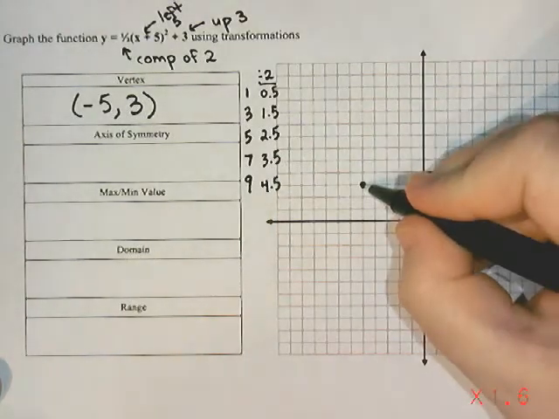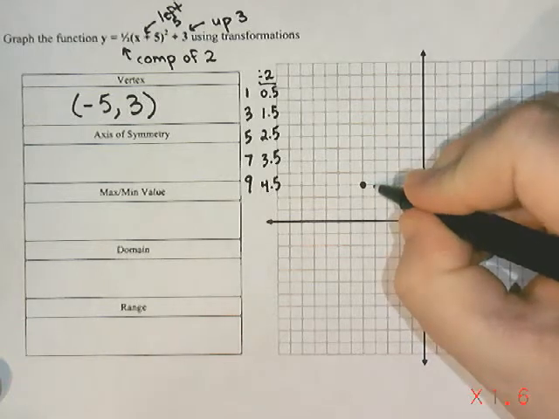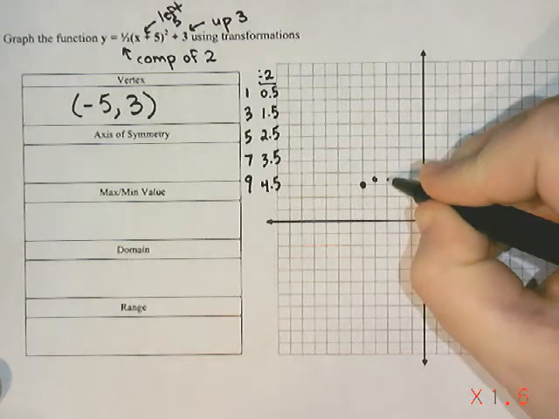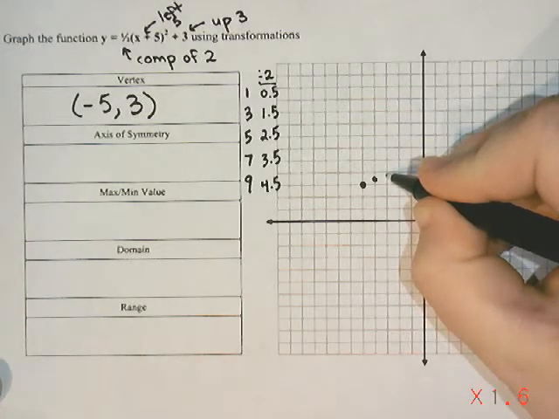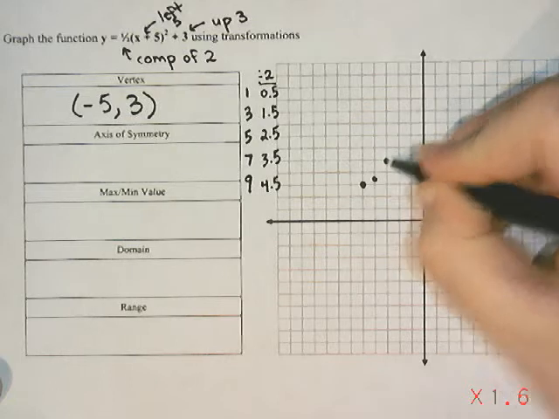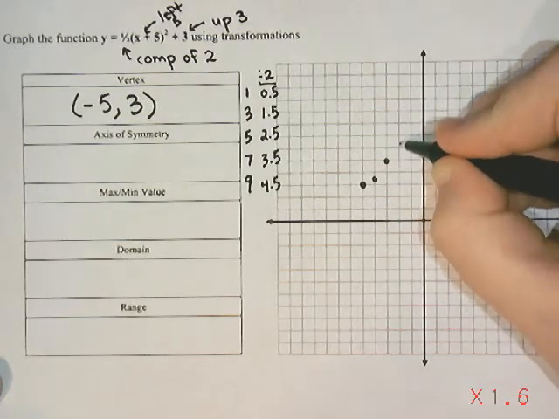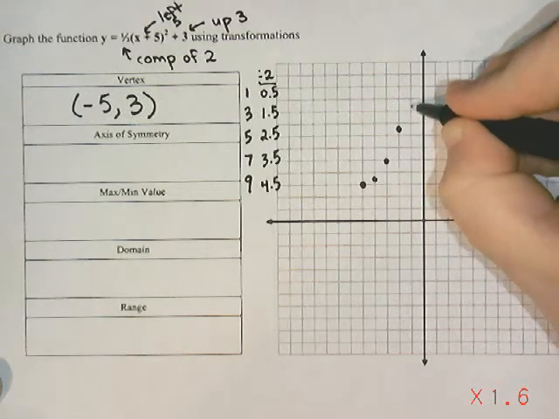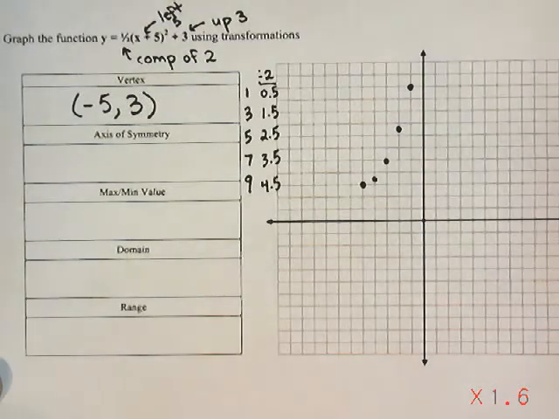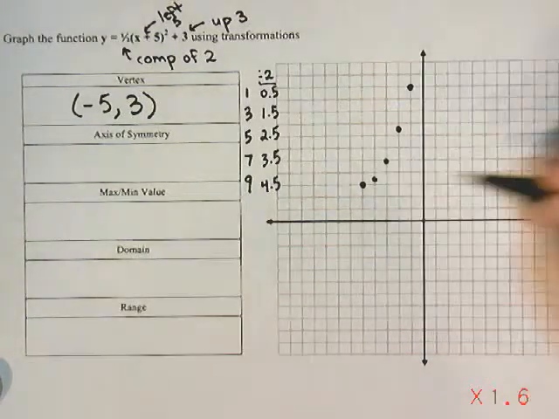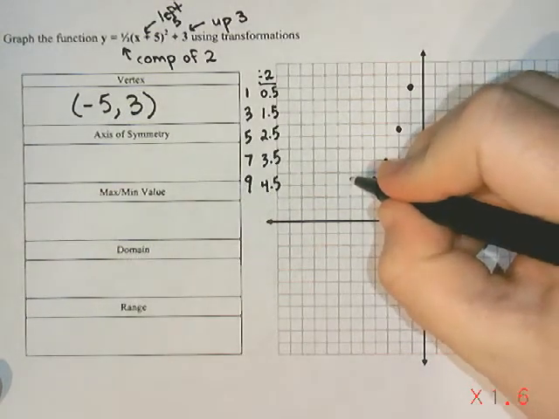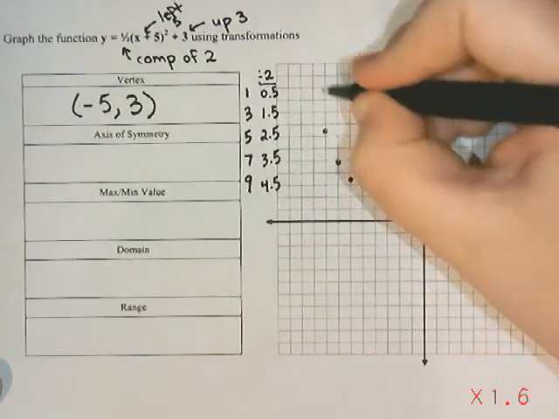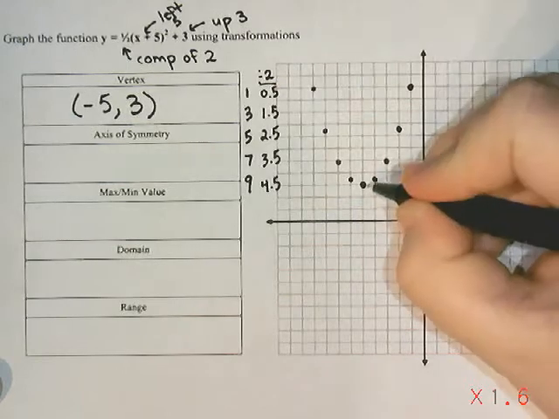So from our vertex, we're going to start by going over 1 and up 1/2. And then over 1 and up 1.5. So the half is just up to the next square, and then 1 more past that. And then over 1 up 2.5. And over 1 and up the half, and then another 3 for 3.5. And I don't think I can go any further. So then we do the same points on the other side. So up 1/2, 1.5, 2.5, 3.5. And then we just draw in